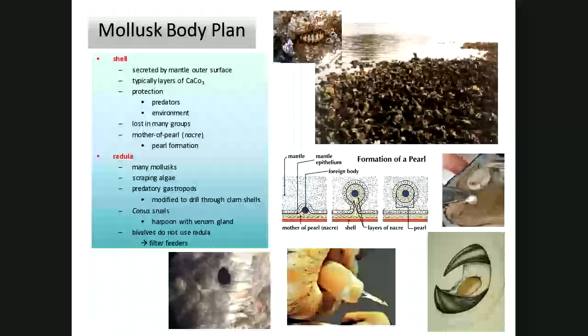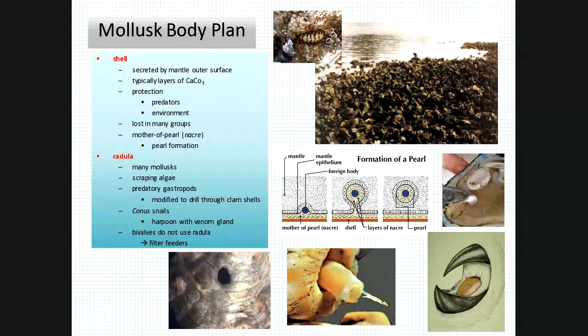Very hard for a predator to get them off the rock. So that dissuades predators. Also for intertidal organisms, when the tide goes out, you've got to seal up, you've got to clam up so you don't dry up, right? Some have lost their shell. The slugs, for example, have lost their shells.